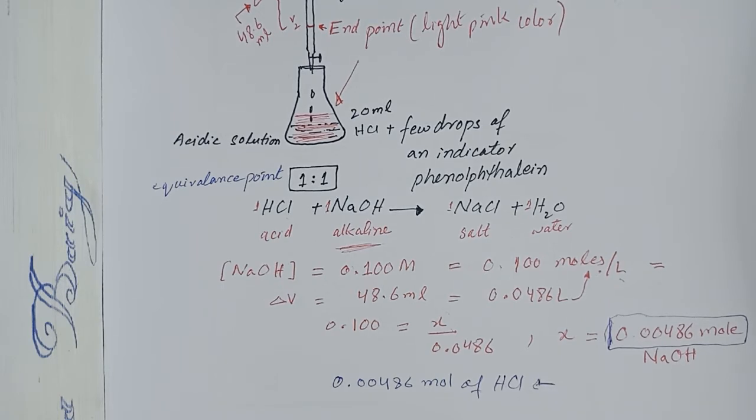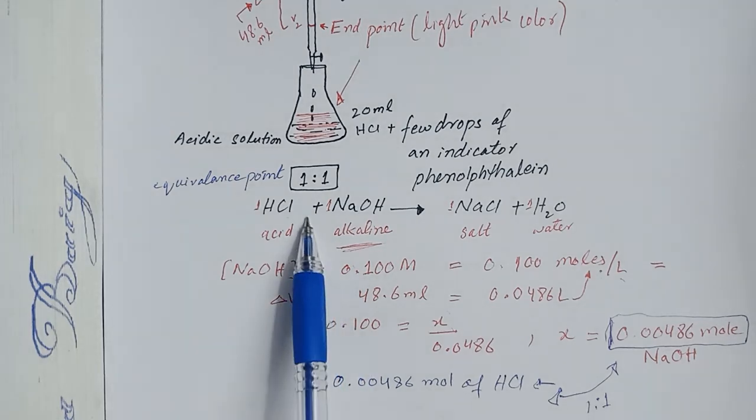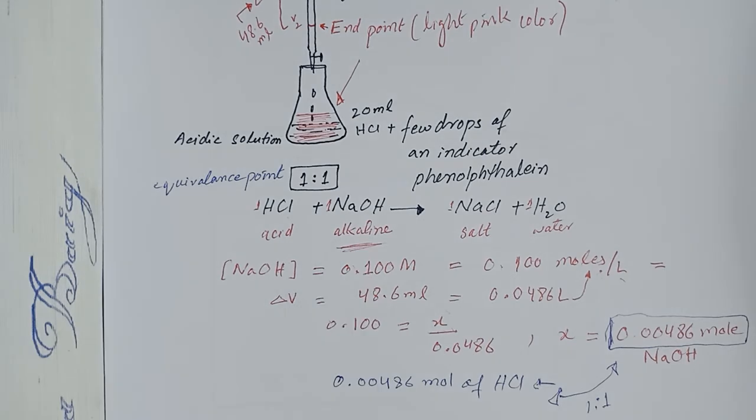It is because we knew that at the equivalence point there is a 1:1 ratio that is represented from the balanced chemical equation. So let's remember our goal is to find the concentration of HCl, that is